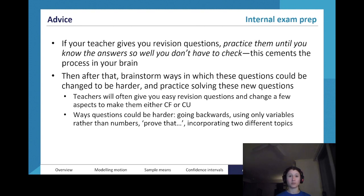Another good thing to do if you're really dedicated is brainstorm the ways in which these questions could be changed to be harder. Typically that's what teachers will do. If they're going to give you a complex unfamiliar question, say on